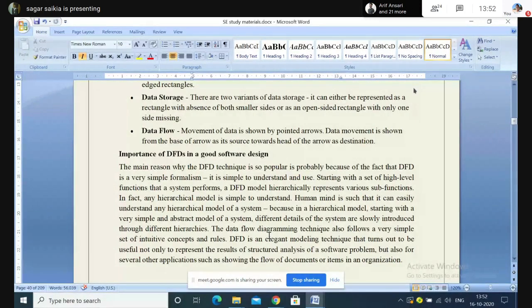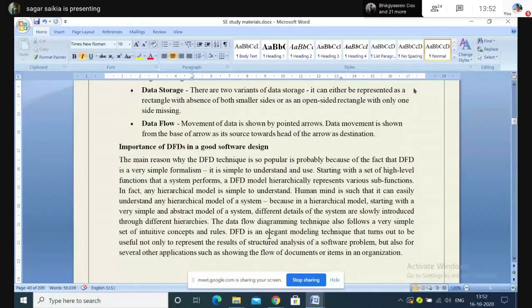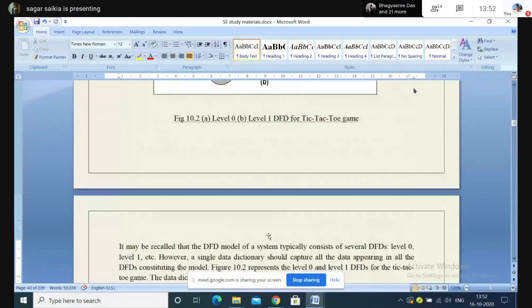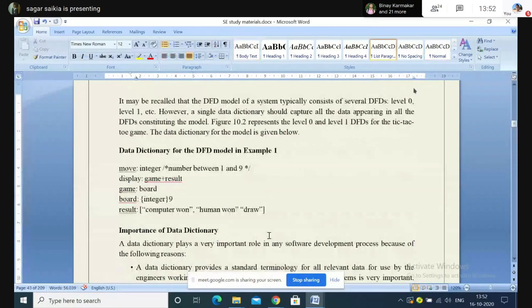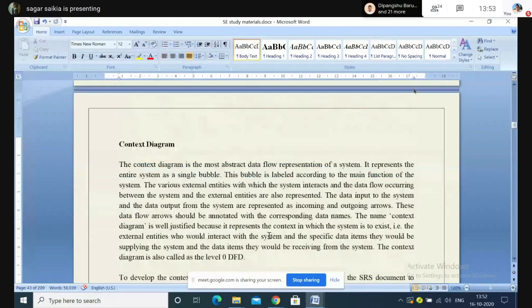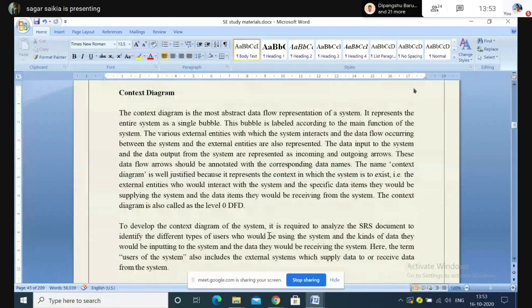So that is the reason DFD is very important, and one needs to know very nicely how to make a DFD. That comes in the earlier phase only. Once you have prepared the SRS, then the next thing that you should work on is the DFD. So first of all, you have to be clear what are the various elements in a DFD. So entities, process, data store, and the data flow arrow are there.